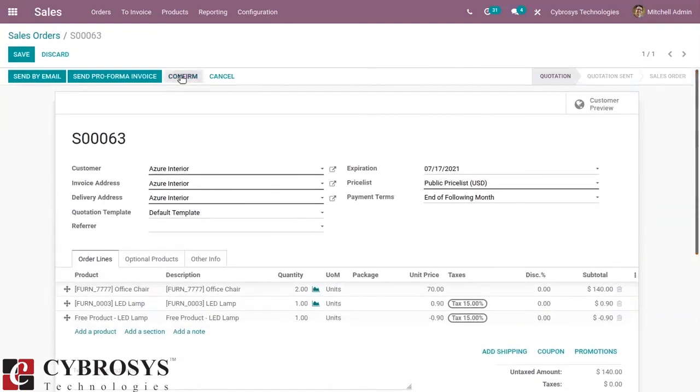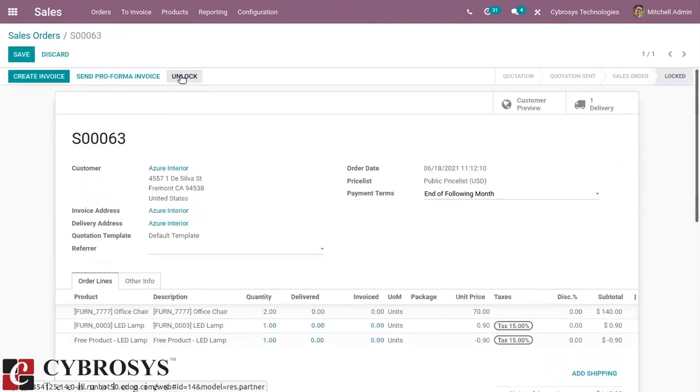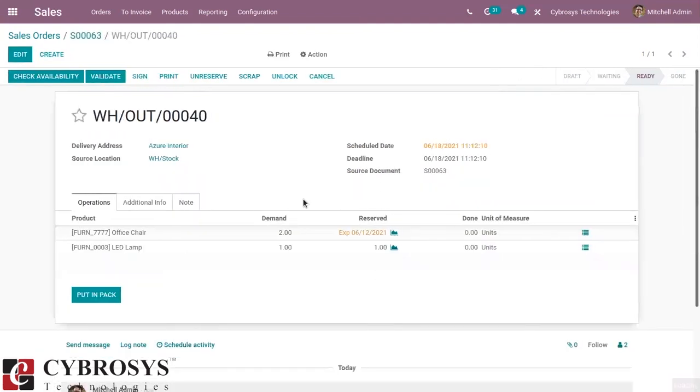Now we can confirm the sale order and deliver the product. So here you can see the products, office chair, 2 quantities, and LED lamp, 1 quantity. So this is how we create promotion programs.